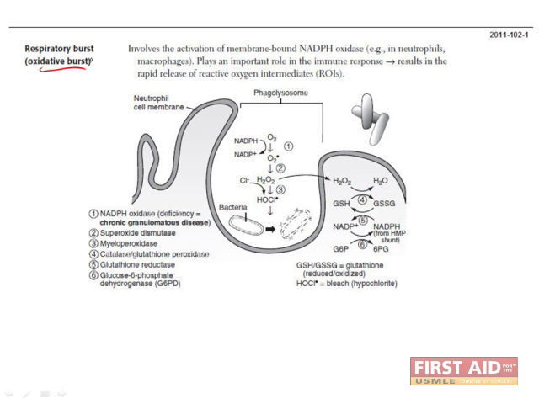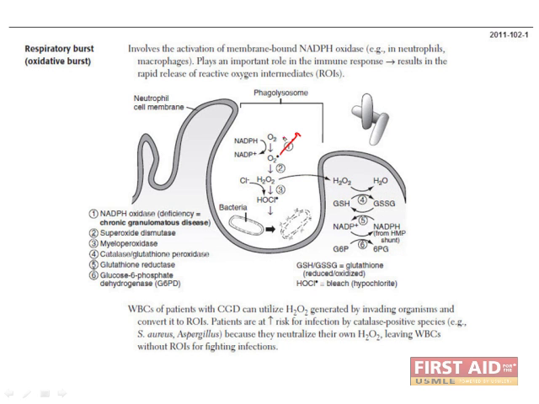The respiratory burst, or oxidative burst, involves the release of reactive oxygen intermediates by immune cells such as neutrophils and macrophages, which kill invading bacteria or fungi. The first step involves the activation of membrane-bound NADPH oxidase, which converts molecular oxygen into superoxide radicals. Superoxide dismutase then converts the superoxide to hydrogen peroxide, which can then either be chlorinated by myeloperoxidase to make hypochlorite or bleach, or be detoxified by catalase to make water. Since bleach can be used to kill bacteria, this is a useful pathway for both neutrophils and macrophages. However, hydrogen peroxide is also toxic to the host cells, and therefore the glutathione pathway is used to neutralize it.